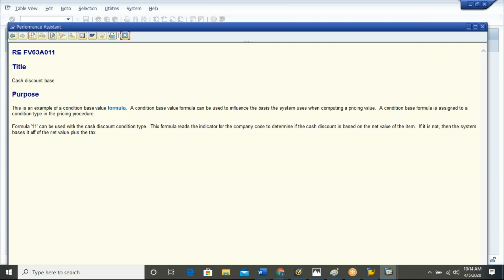But if you want to apply the cash discount based on net value plus tax, that means if you want to have a base for your cash discount, net value and the tax, or if you want to have the cash discount based on just net value, that is controlled by the pricing alternative base value 11. That means under the normal circumstances,